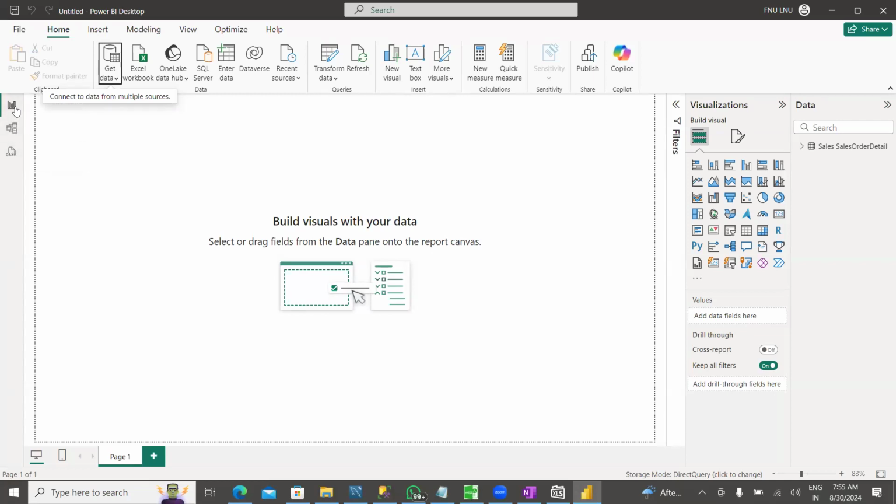No. There's no table view, right? There are only three views now. One is the report view, then there's the model view, and then the third one, which is the DAX query view. If you want to see the table like you used to earlier in import mode, you cannot do that. The only thing you can do is know the column names by just extending